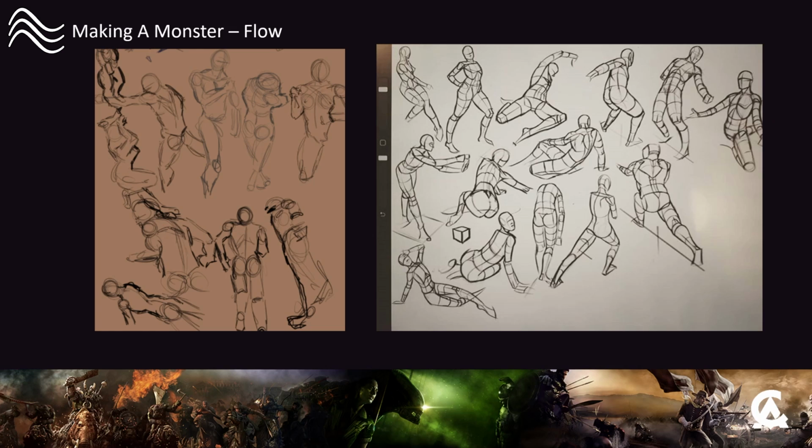Yeah, a lot of it's kind of like gesture drawing as well. So these are some old gesture drawings I did back in like the early 2010s, and these are some I did a few years ago now. But you instantly see the difference, right?